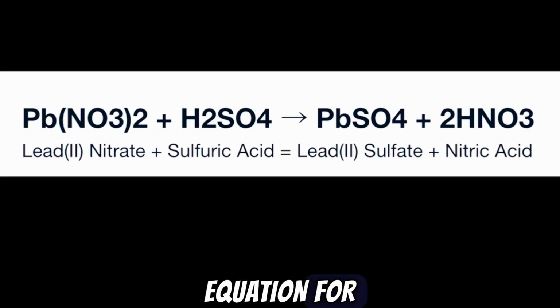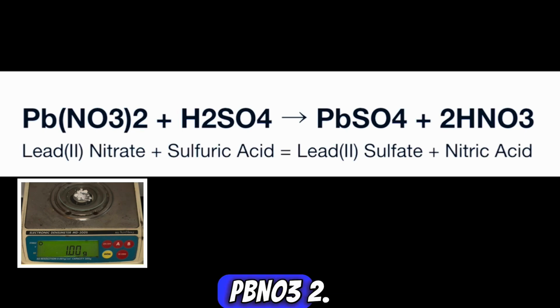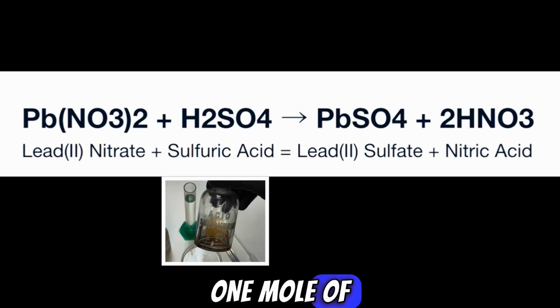Here's the balanced equation for this cool double displacement reaction. We begin with the reactants, lead 2 nitrate and sulfuric acid. We have 1 mole of lead 2 nitrate, that's the Pb(NO3)2, and we have 1 mole of sulfuric acid, that's